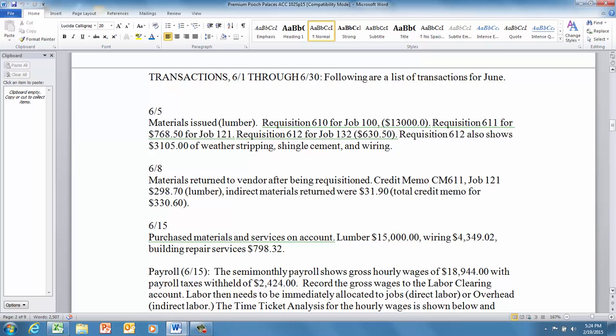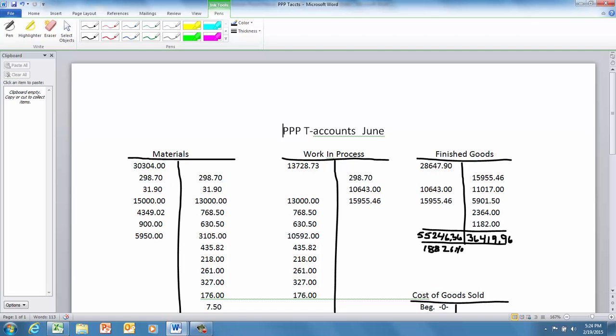Now this first one is a requisition number 610 for job number 100, and it's $13,000. So your first step is to show this on the T accounts. So we go to the T accounts,